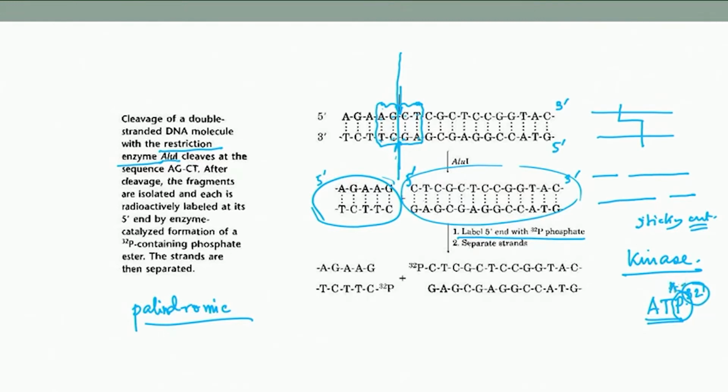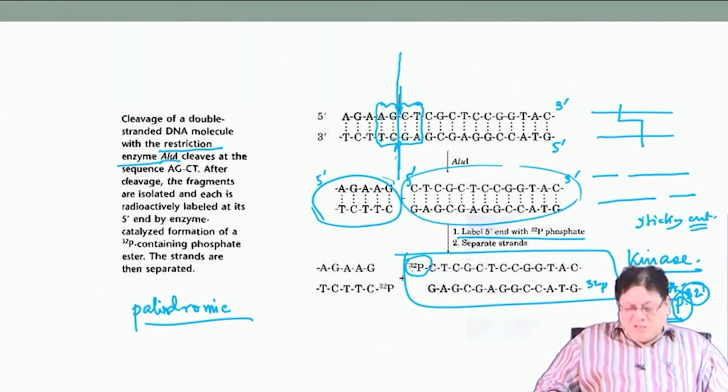So, now if you use that kinase and add the ATP with a gamma radioactive phosphate, that phosphate will be attached to the 5 prime end of the DNA. So, this end will now be attached to the 32P. Why only this end? Because this kinase is specific for this 5 prime end. Enzymes are very specific, it will not go to the 3 prime end. So, obviously, this 5 prime end is also 32P, which is not written here. So, now you have this piece where the DNA is labeled with 32P, radioactive phosphorus,